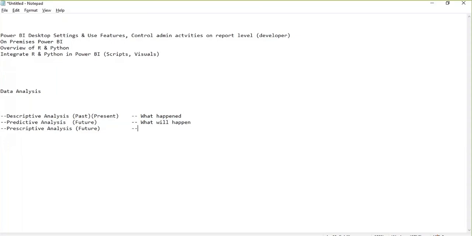In prescriptive analysis, we are mainly focused on finding those parameters on which the future depends, on which the predictive analysis depends. Like if our profit will grow in the next 6 months at this ratio, then what will be the parameters which will help to grow this profit?